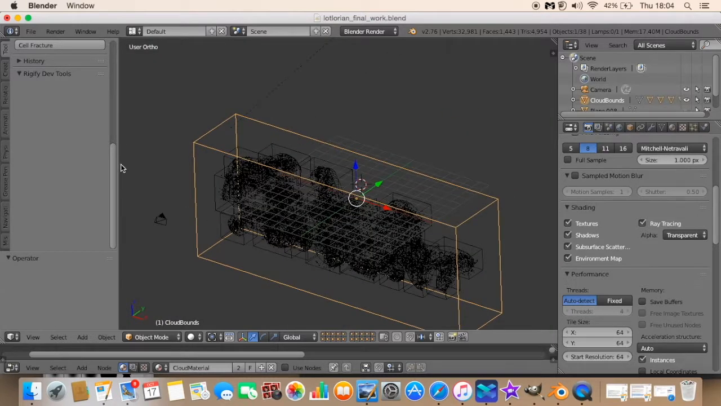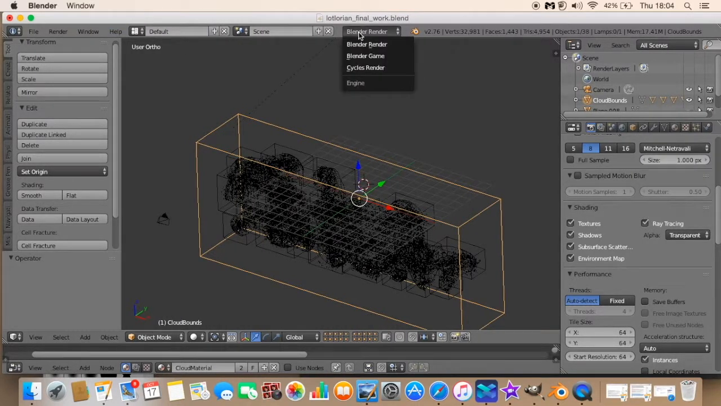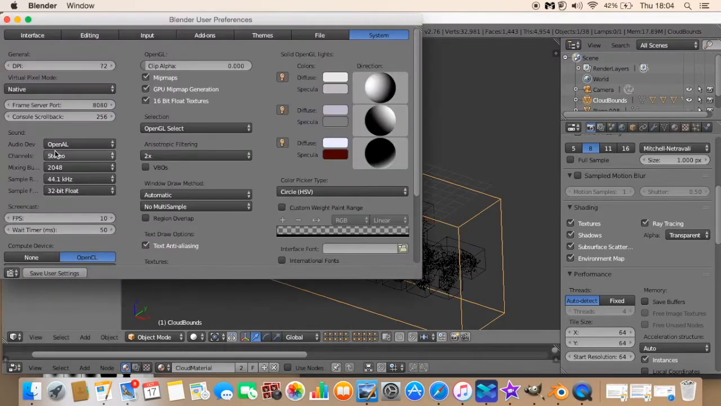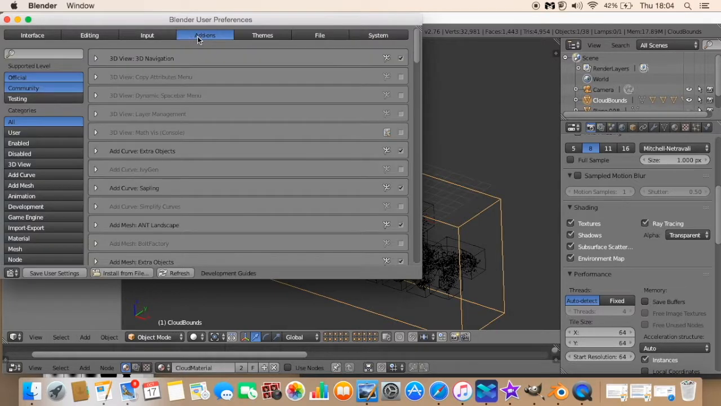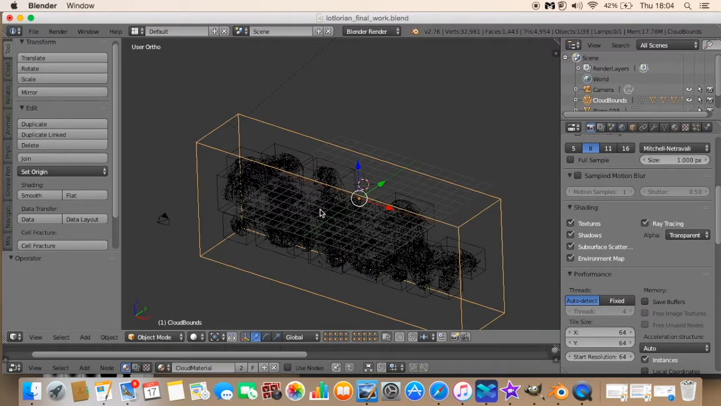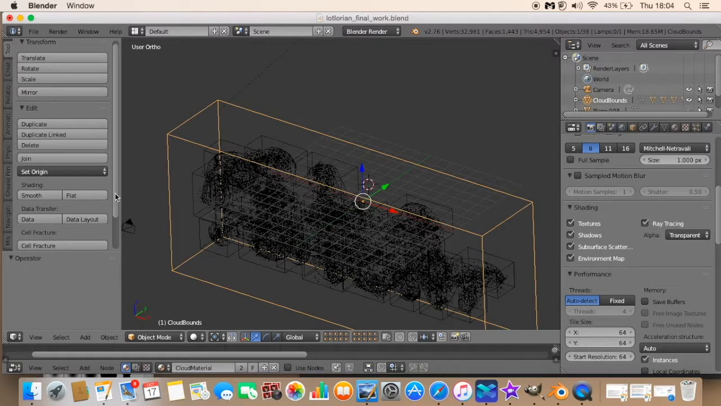Now, just so you understand, this is using the cloud generator. This is in Blender Render, so make sure you've got Blender Render selected, and make sure you go to User Preferences, go to Add-ons, type in Cloud Generator, there it is, and it's already ticked. Make sure that's on. And it's these boxes here. So what I'm going to do,